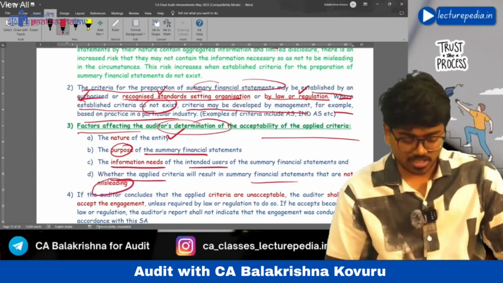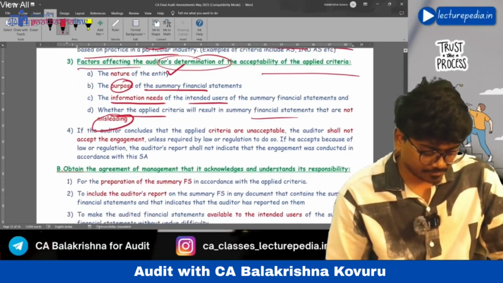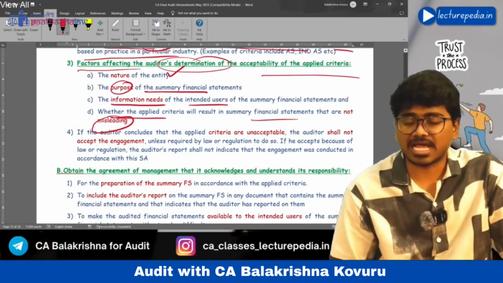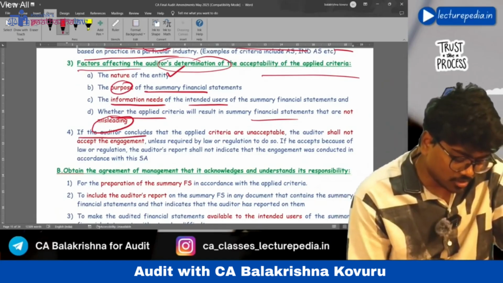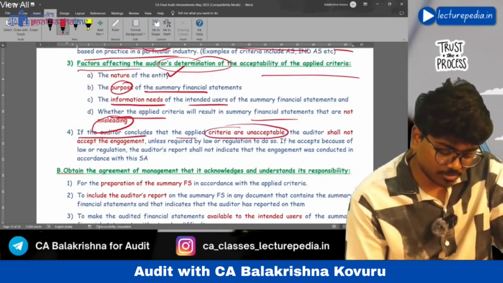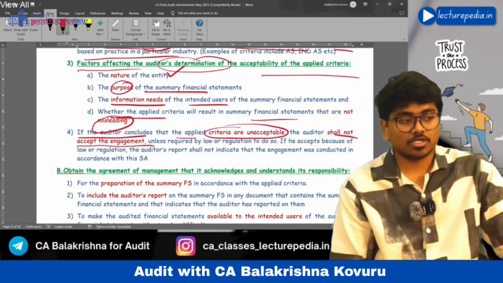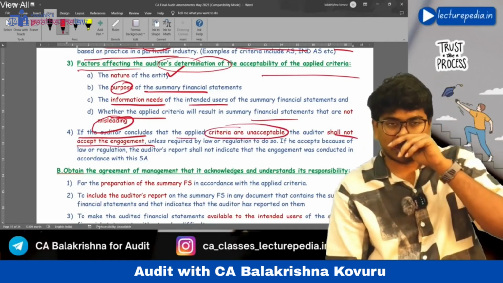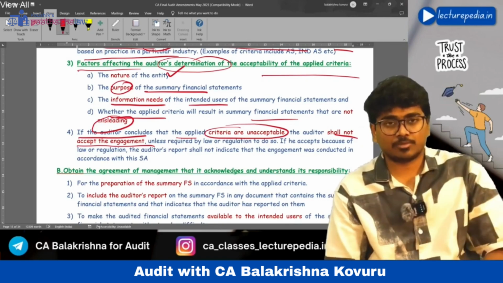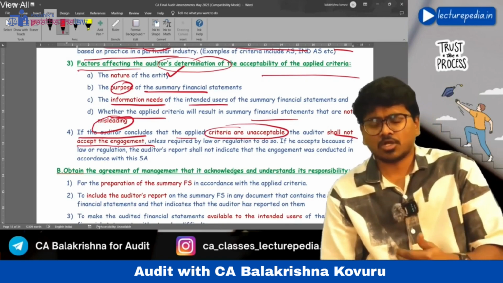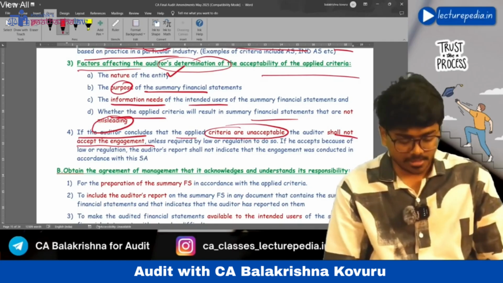Okay, these factors the auditor will see. If the auditor concludes that applied criteria is not acceptable, that is, the financial reporting framework is not acceptable, then the auditor shall not accept the engagement.